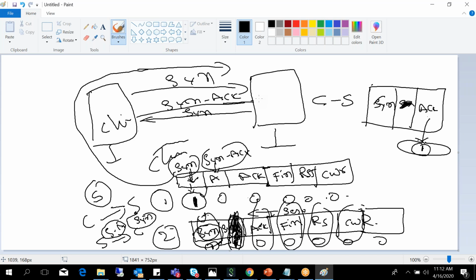They will mutually agree: yes, I want this much time, I'll wait this much time, and if there is no response, after this much time I will retransmit the data. So the client and server synchronize for this kind of data. It's a kind of agreement between the client and server. Then after the agreement, they start transmitting the data. Got it?